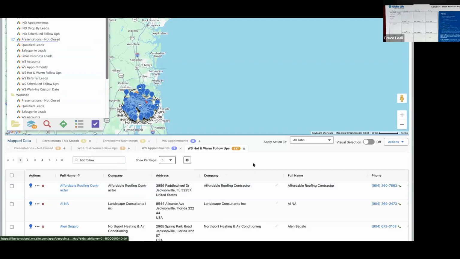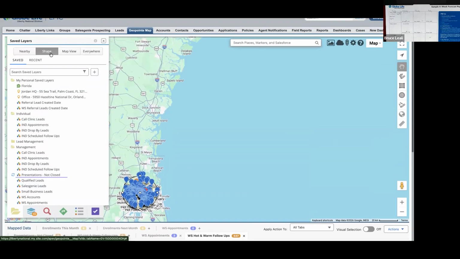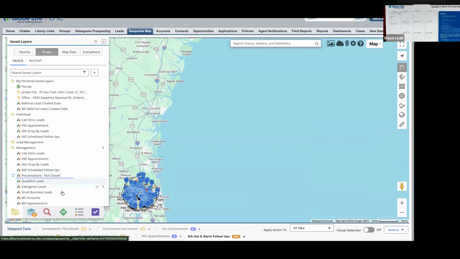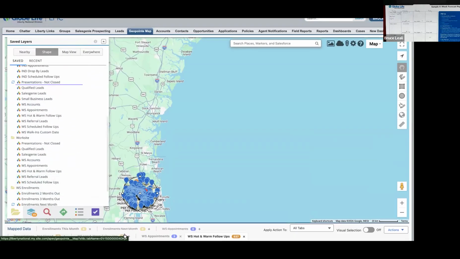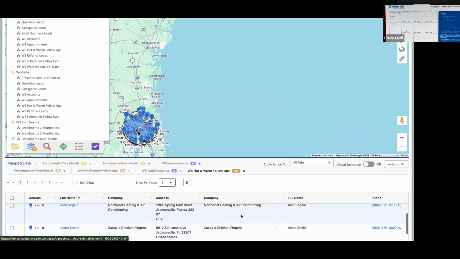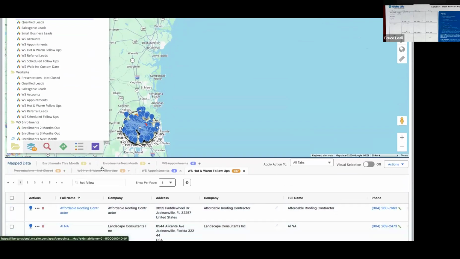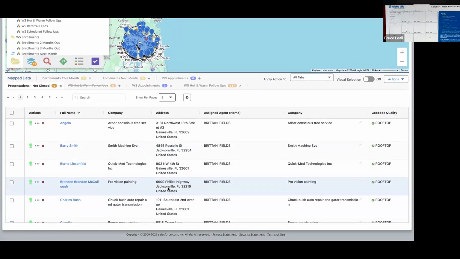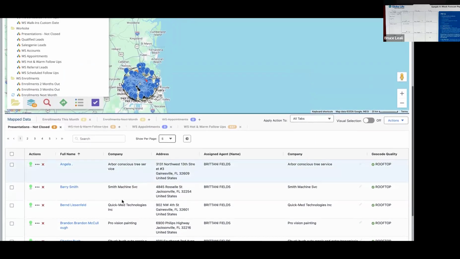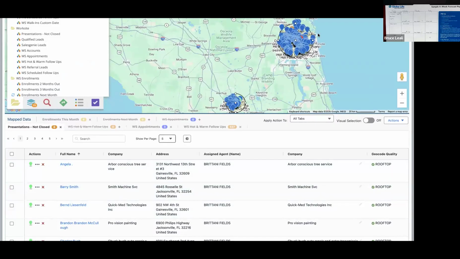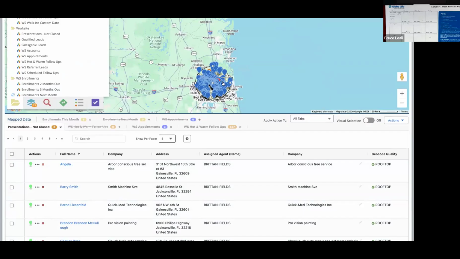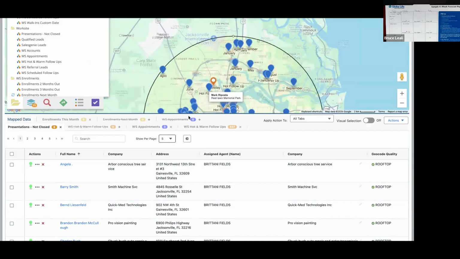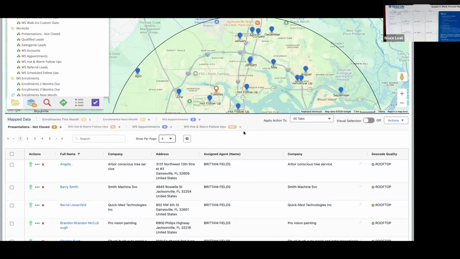Once it pulls up, it's only pulling what I have set because I put shapes around my enrollments that I had coming up. Let's see here. Okay, where did it go? There it is. Okay, so again, just real quick, it gives me a list of businesses and I can take a look at where they're located on the map from where I'm at. And again, it goes back to what do I want to plan out for the next 4 weeks. So just by looking at this alone,